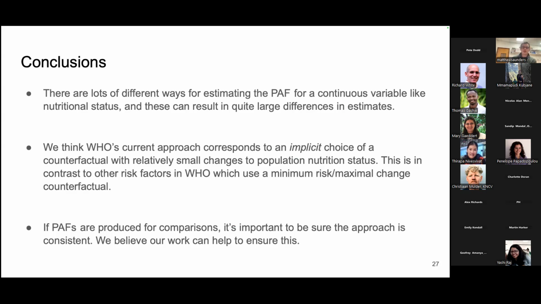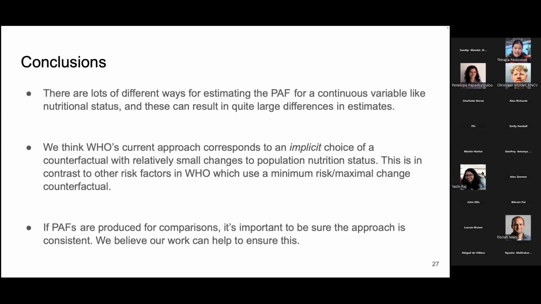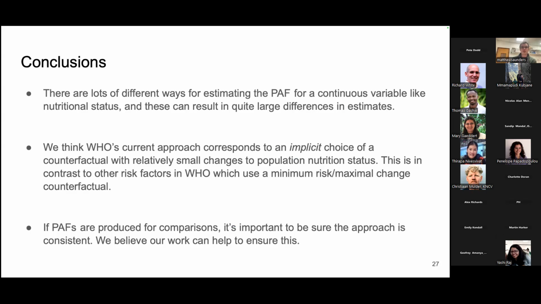PAF is a bit more complicated than just putting in a prevalence of a risk factor and a relative risk estimate. There are lots of different ways for estimating PAF, especially for a continuous variable like nutritional status. Both the prevalence and the risk ratio will depend on the counterfactual scenario that we choose. And I think the work that we've done has shown that these can result in quite large